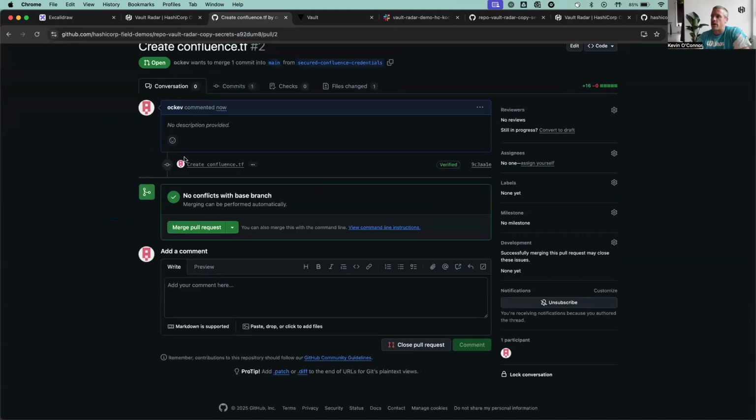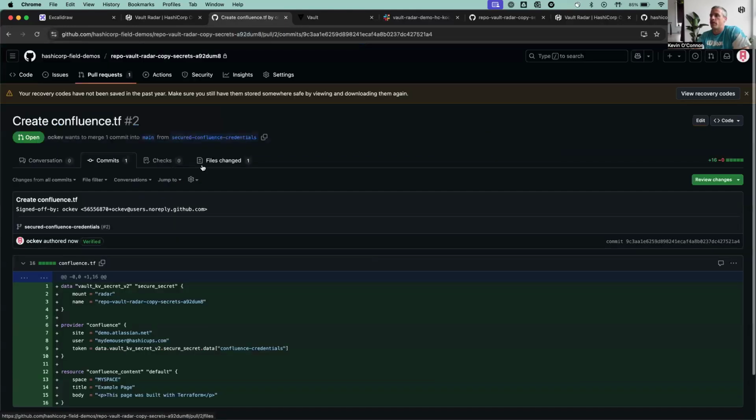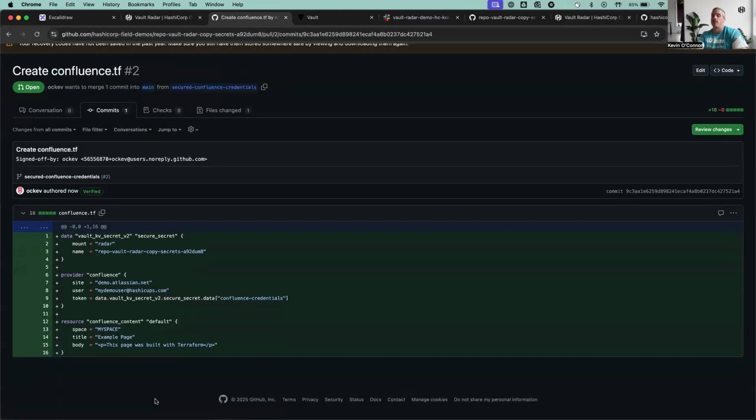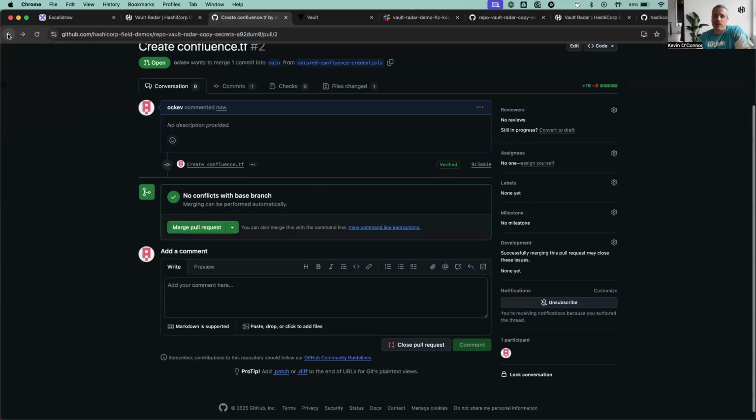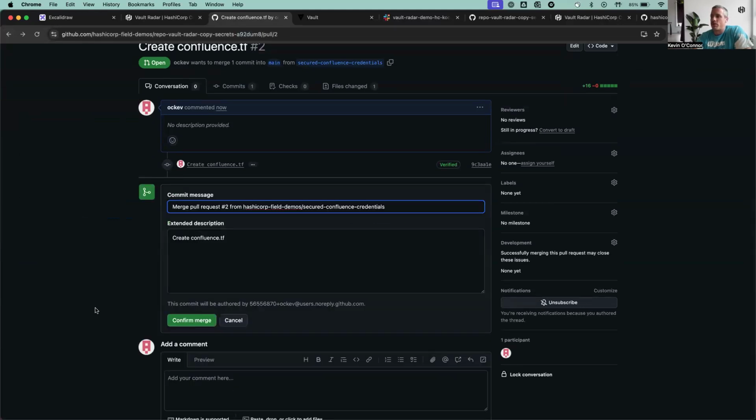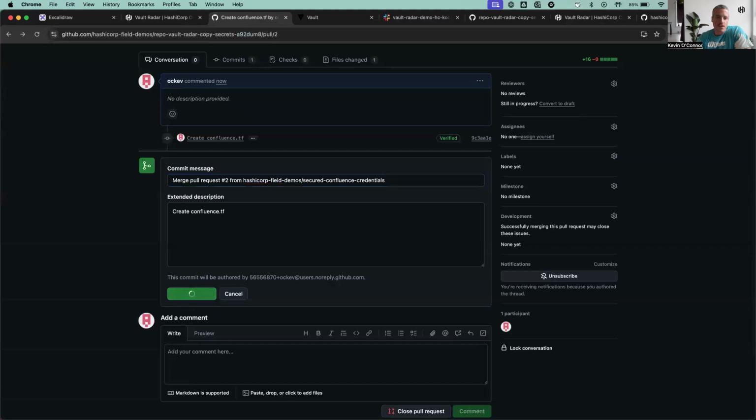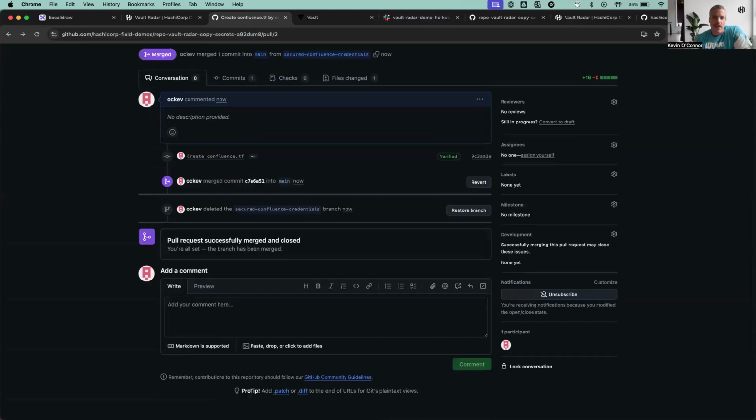Beautiful. And again, if I was coming in here to review this, maybe I take a look at what's going on. Hey, great. My junior developer is not putting any credentials in plain text into our repo. Perfect. And then, it's good with me. I'm going to merge the pull request and confirm the merge. Right. And so by completing this process, we've successfully avoided introducing an unsecure secret into our Git history,